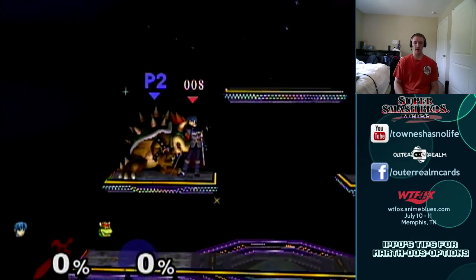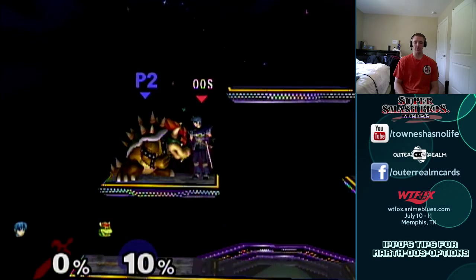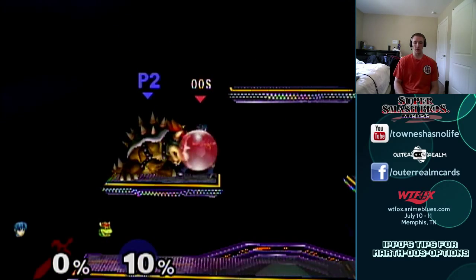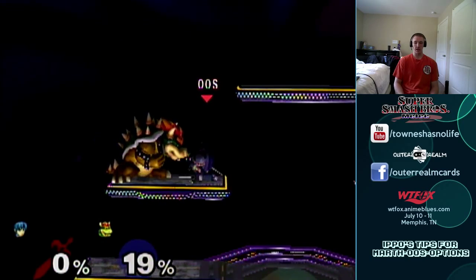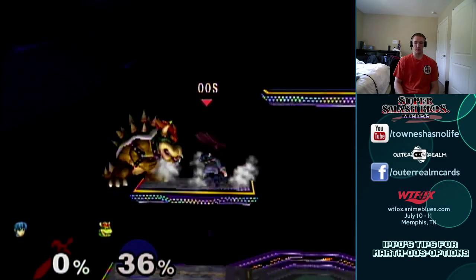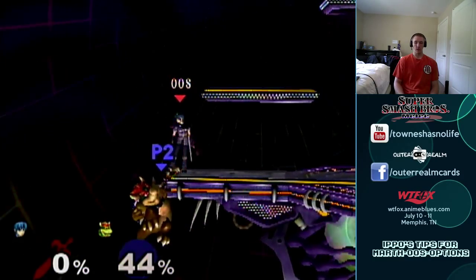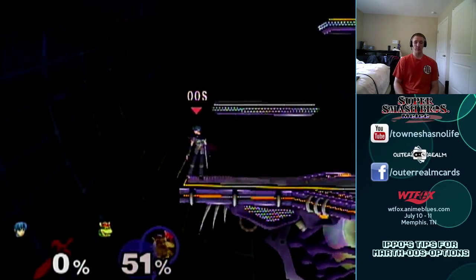At low percents, you're not going to get a follow up. See, when I down air Bowser here, he's not going to get a tech opportunity. He's just going to kind of roll on the ground and be in stun for a second. So what that means is he can punish me essentially out of my L cancel lag if he so chooses to. And now he's at the percent where he will not be able to punish me